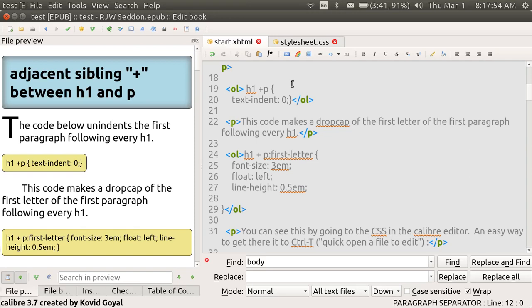I'm making a video about a problem I'm having with dropcaps. I'm using the editor of Calibre. I am using an adjacent sibling, the plus sign, to create dropcaps. There are two sets of code. The first one here, H1 plus P,